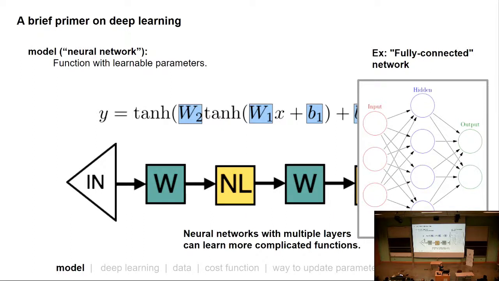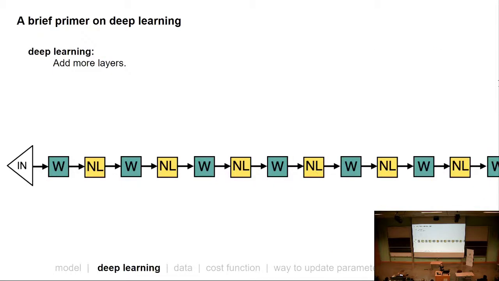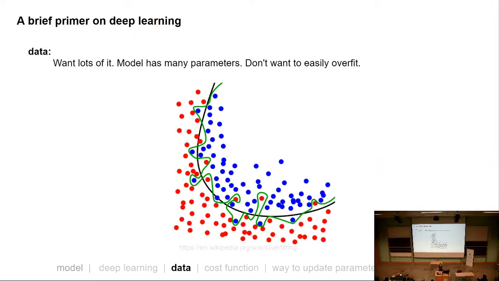Looks good. OK, so deep learning is the idea that you can learn richer and richer representations of your data, or more interesting and complicated things, by adding more layers. So this is what deep learning is. People will often talk about deep learning needing lots of data. The reason for this is that models of the most common types often have millions of parameters in them, and you don't want to easily overfit. So you want to give it lots of examples to learn from so it can learn the most general model that's possible from your data.